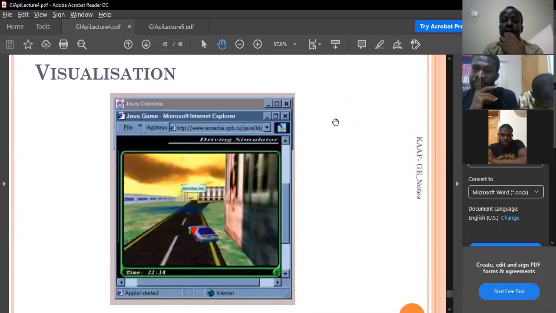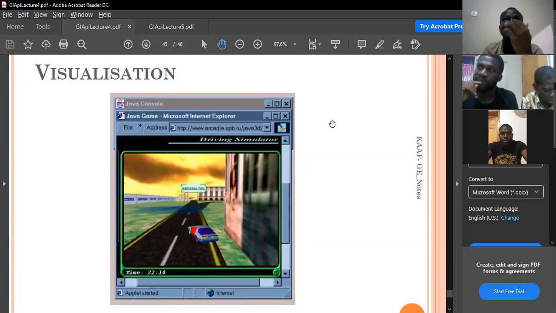I think in cartography we talked about relief representation, right? Yes, sir. How do you compare it with 3D visualization, what I just talked about? How do you compare the relief representation we talked about in cartography